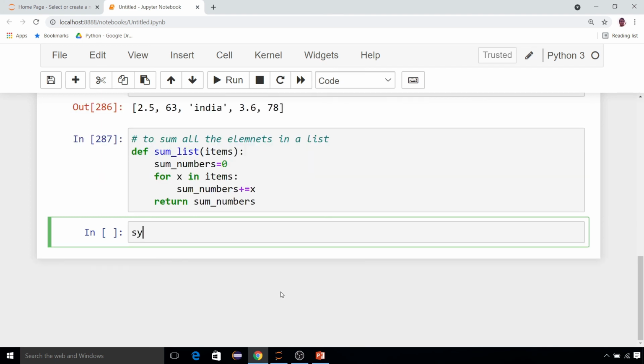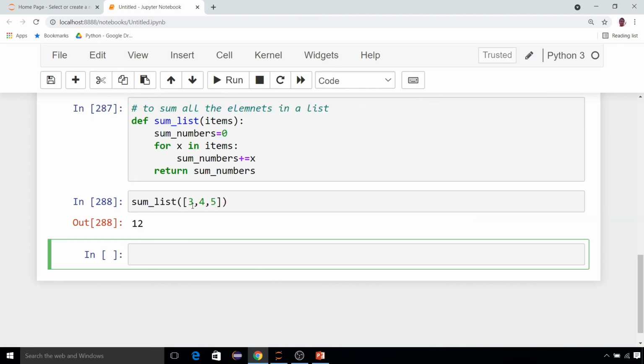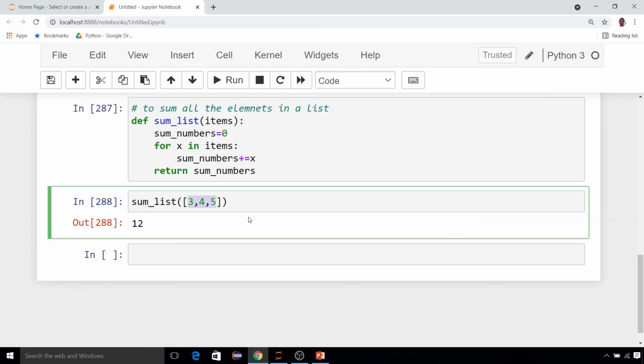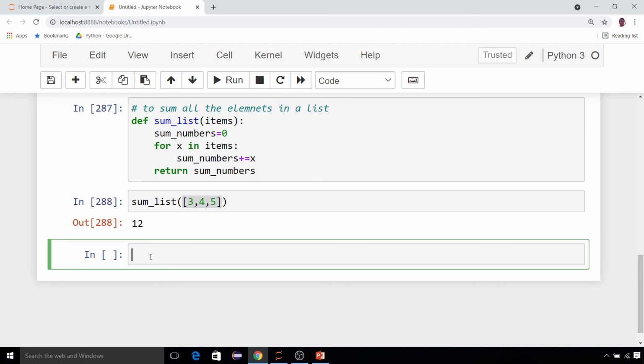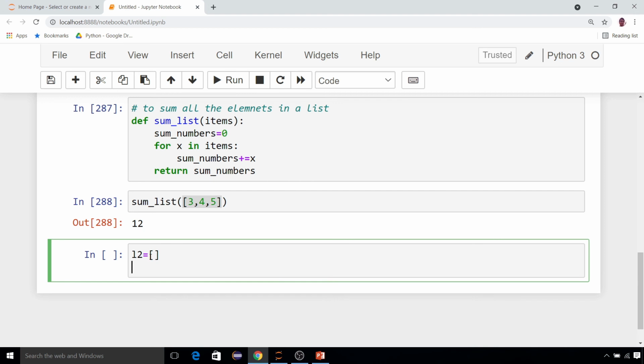Now call this function and pass any list. It will give you the sum of these three values. Okay, now here also you can use a user defined list. Suppose inside this I am directly passing the list. Take a list, suppose L2, an empty list I am taking, and